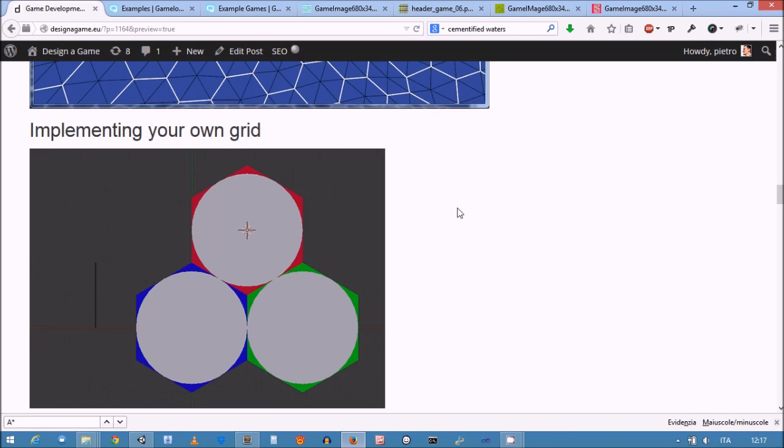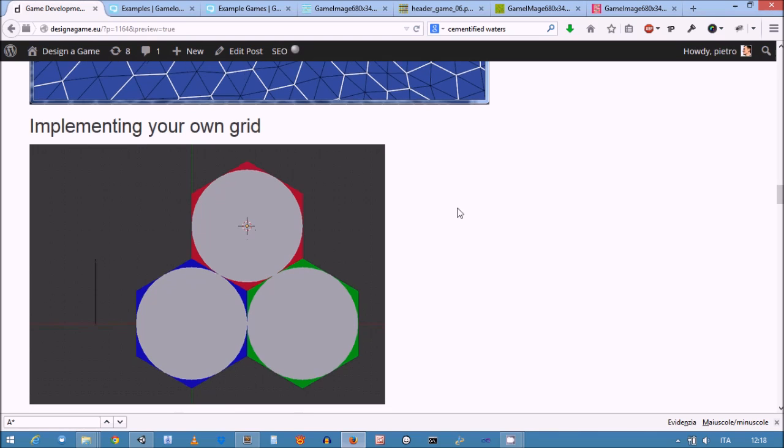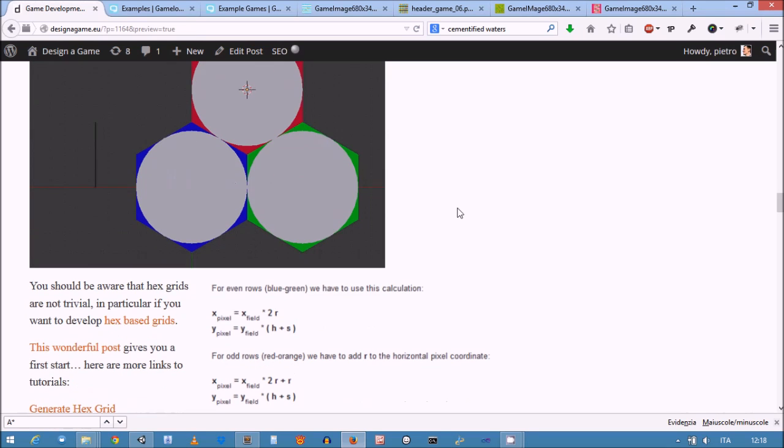So how can you get to have a grid in your own game, in your own 2D game? Well, one way is, of course, going to and developing your own grid. In particular, if you're going to develop a hexagonal shaped grid with units of hexagonal shape, this is not going to be trivial, because there's nothing in Unity built in to help you in this. So you have to build everything by yourself, and building the shapes,